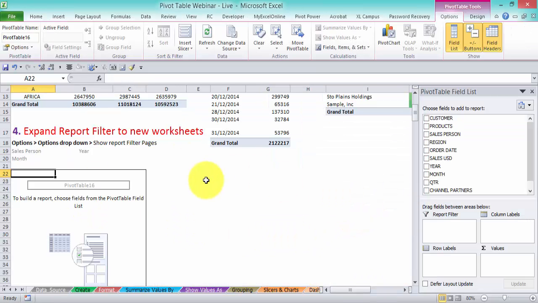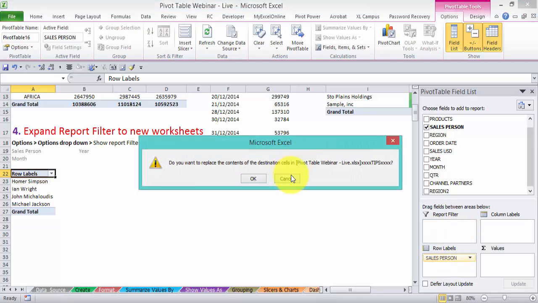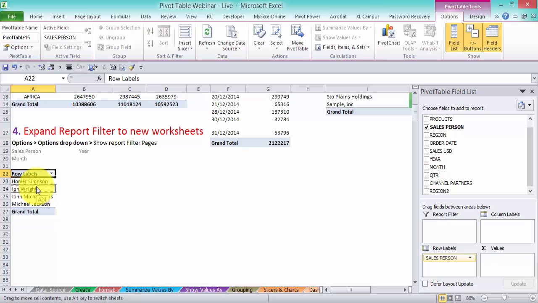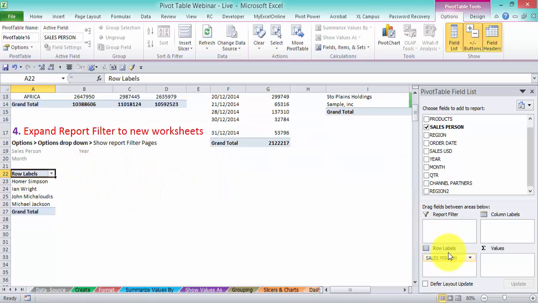Okay, so we're going to put in our salesperson in here, and then we're going to put the salesperson in the report filter. One second. Let's just move this. Okay, one second again. Okay, that's fine. The reason why that happened is because the report filter is going to go onto my,